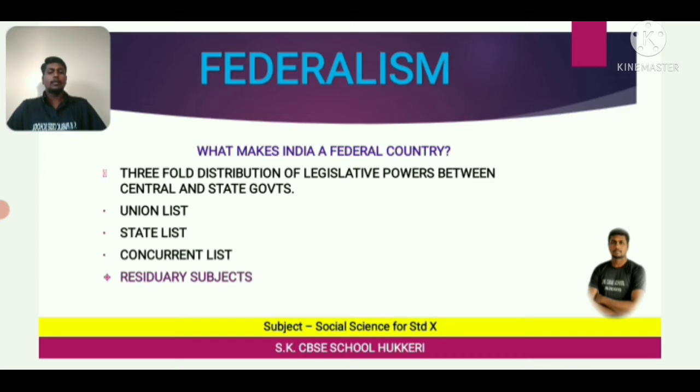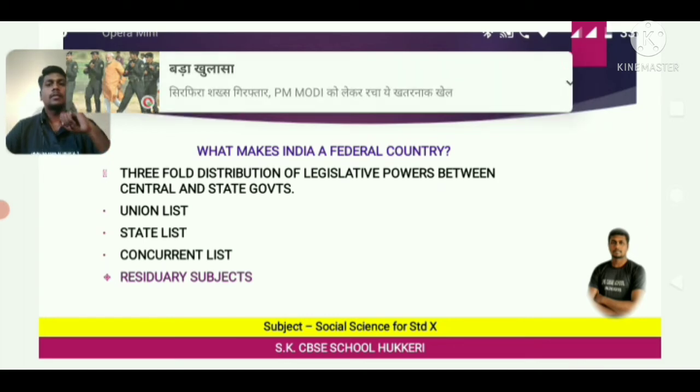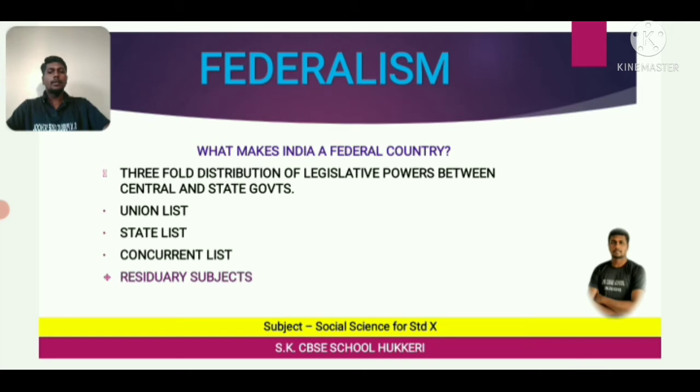All the subjects included in the union list are uniform across the country. The communication system is the same across the country. Currency is also the same. Indian rupees we use, the same currency everywhere in all the states. Correct? Defense is a uniform system. National defense we have. Foreign affairs also has uniformity. Even the banking system is the same in all the states in India. So all these are there in which list? In the union list.